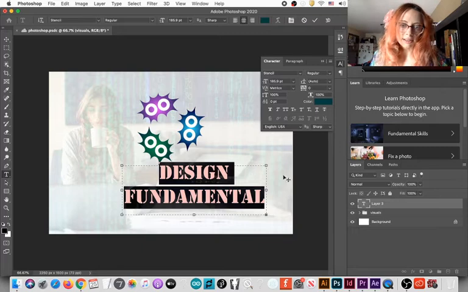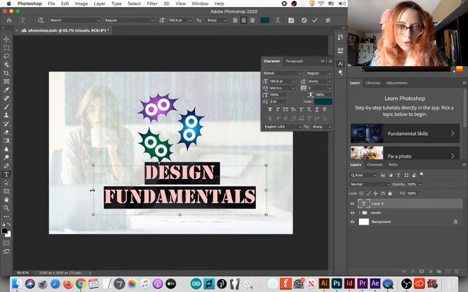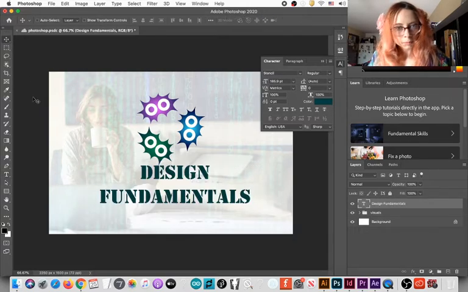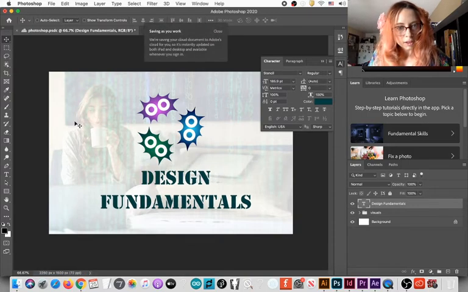If we see that the text is running away, we can drag the bounding box until we see the text inside. This is too big. It's good to have a good balance.